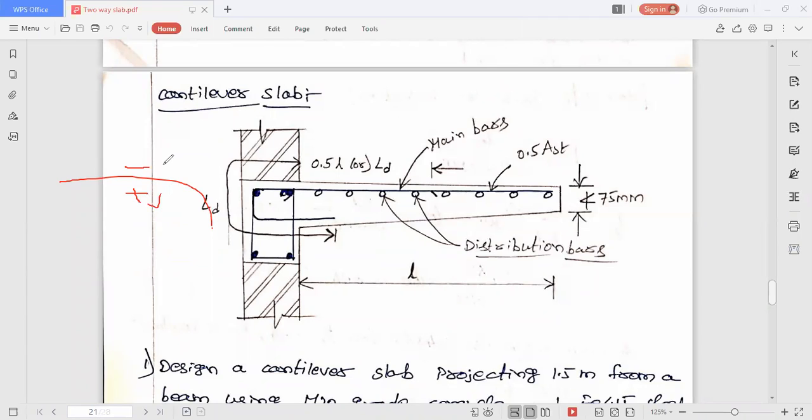So where do we have to provide tension steel in case of a cantilever? At the top itself. Why? Because it is subjected to tensile stresses. If you see this diagram, this is the slab outer part. Okay, this is the slab portion,